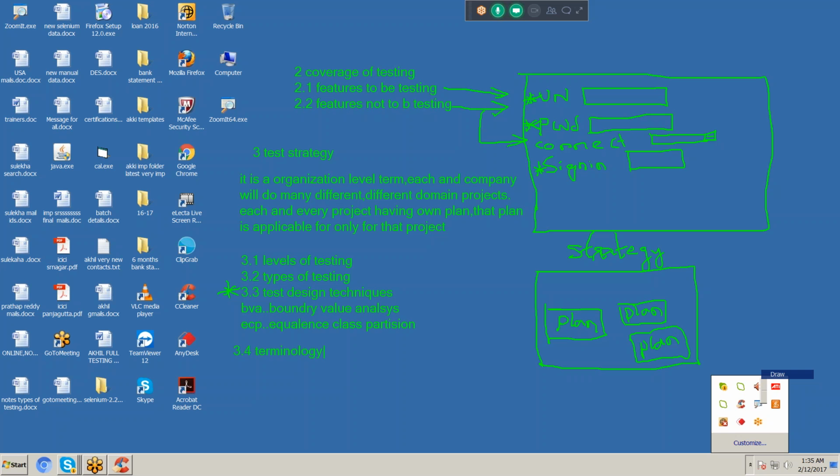That is called terminology. Without knowing the terms, if you go into a hospital, there is no meaning. Just like that, whenever you are working with a software company, in software testing we regularly use some terms, some words. That is called terminology. This terminology is also pending. I will explain it later.